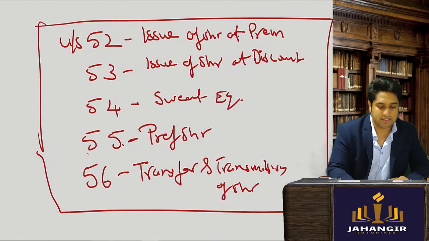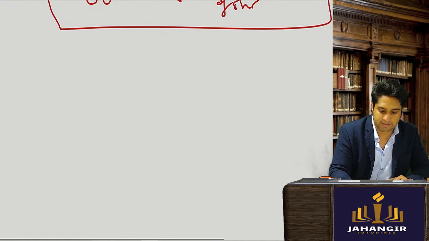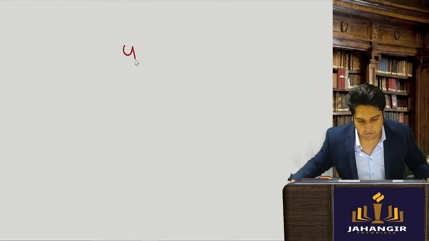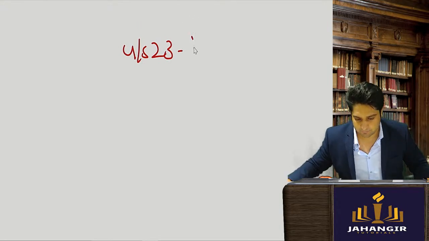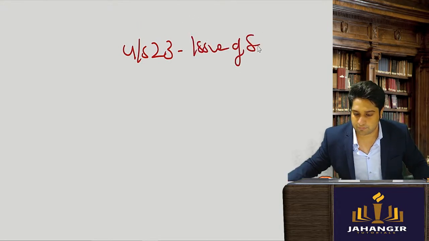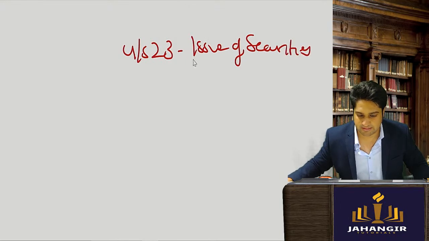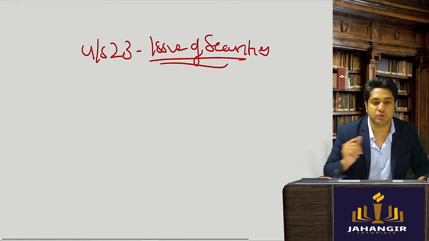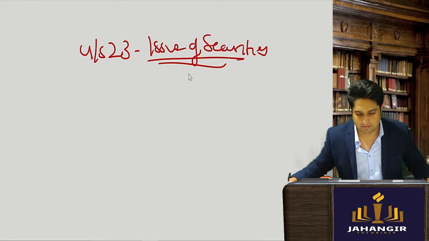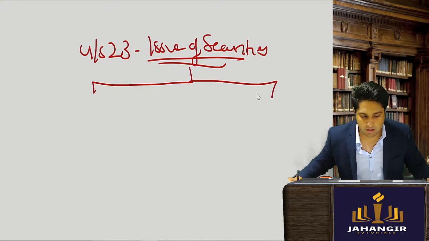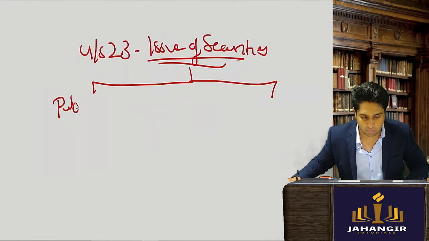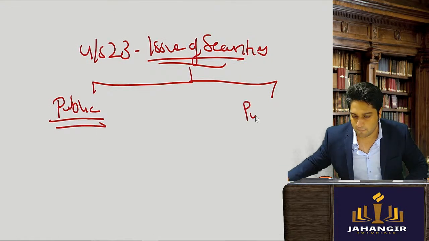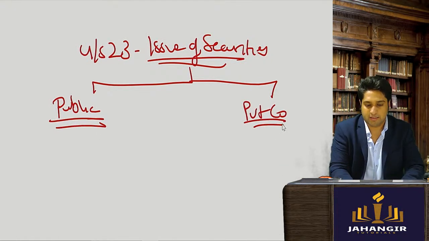Okay, that is section number 23. Now section 23 talks about issue of securities. Is this clear? Now issue of securities can be of two kinds. They're saying what a private company can do and what a public company can do. So a public company can issue what kind of securities, and a private company can issue what kind of